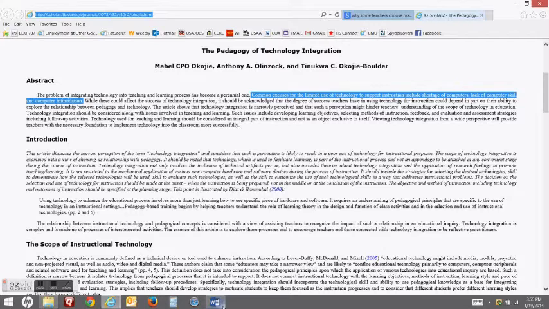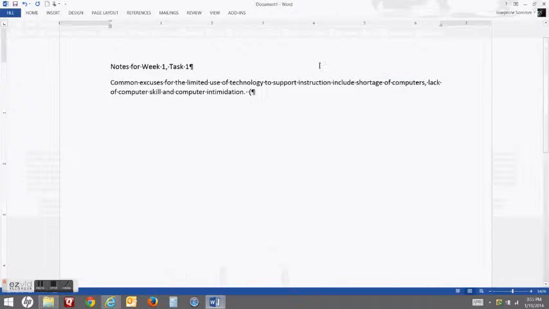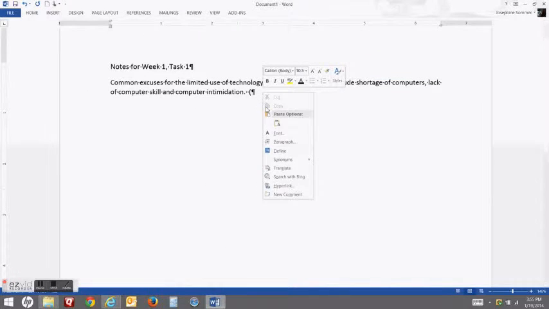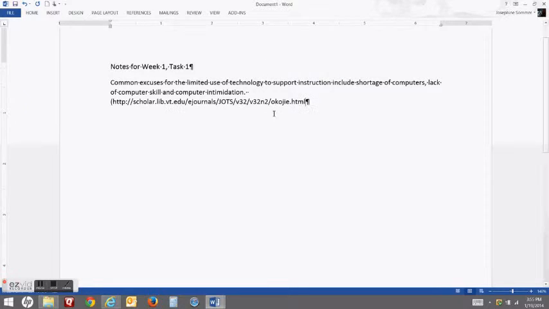And then I will again go back to the Word document, and I will paste the website, and close parens. And that came out of the abstract, so I might want to just go ahead and put that also there so I can see exactly what they're saying and compare the abstract to the article.